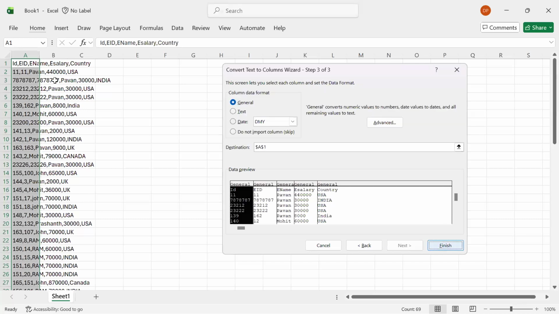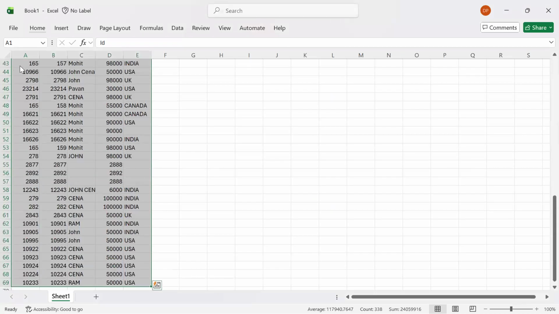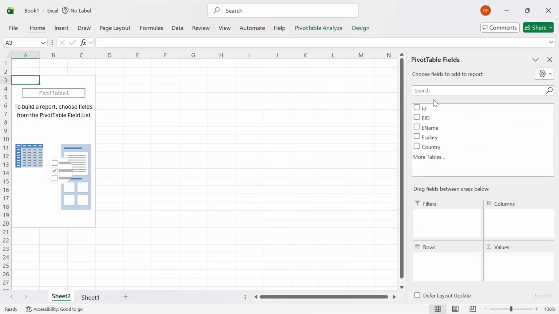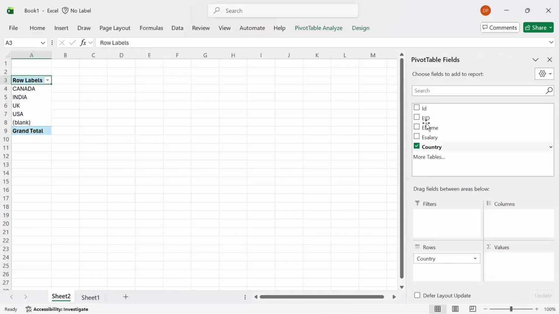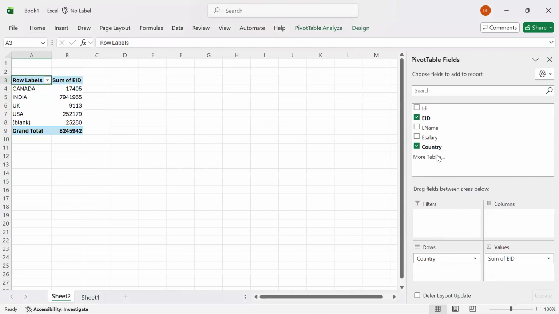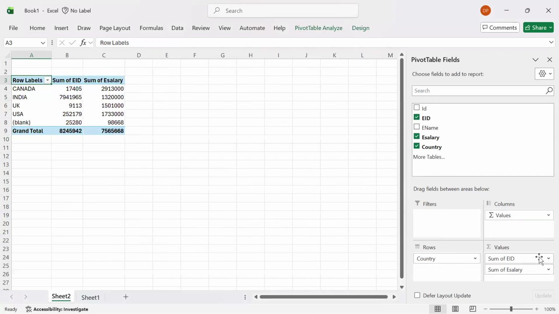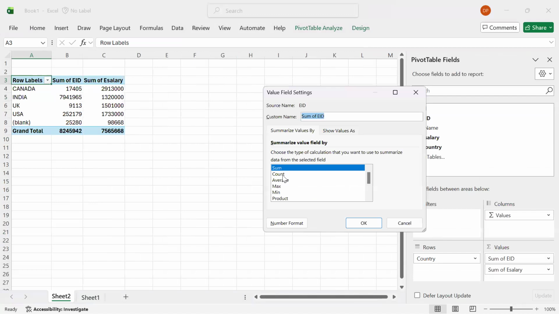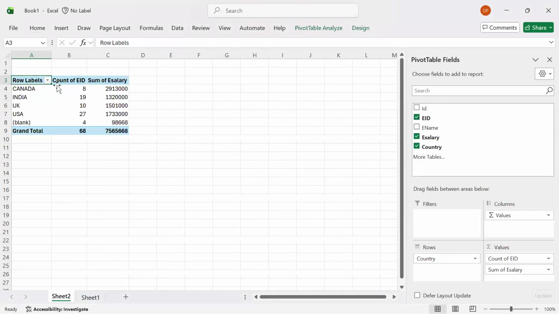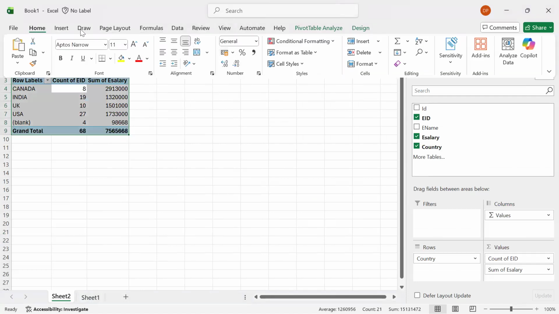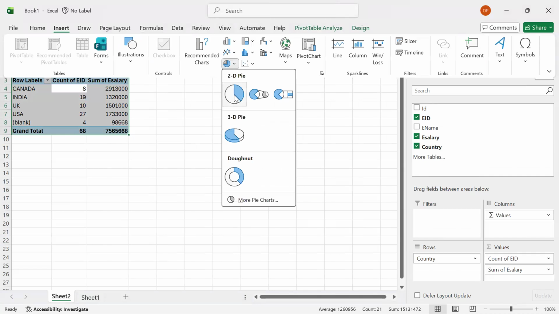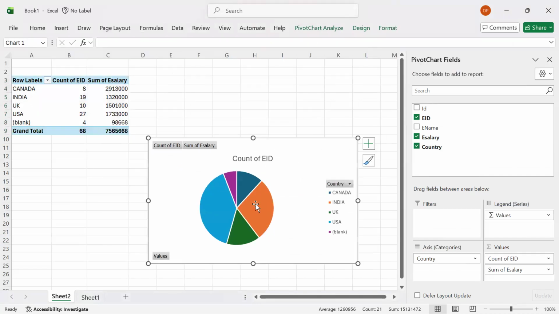Without having that also, I can do it in Excel. If you want these calculations, I will do them here only. You want the country-wise data, I'll give you country-wise data. You want country-wise employees, I'll give you country-wise employees. You want the sum of salaries of these employees, I will give you the sum of salary. You want the count of employees, I can do the count. You want to see visualizations, I'll give you visualizations, of whatever type you want to see: 2D, 3D, 4D, whatever you want, I'll give you that.